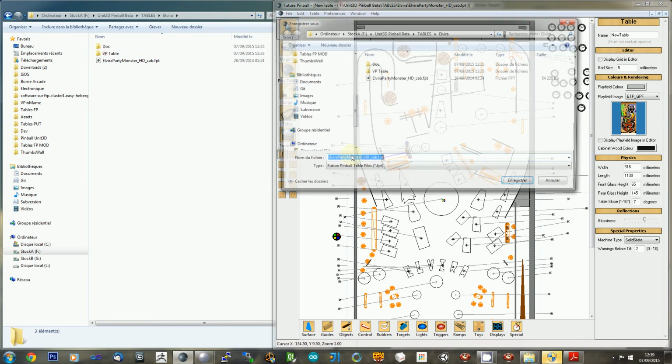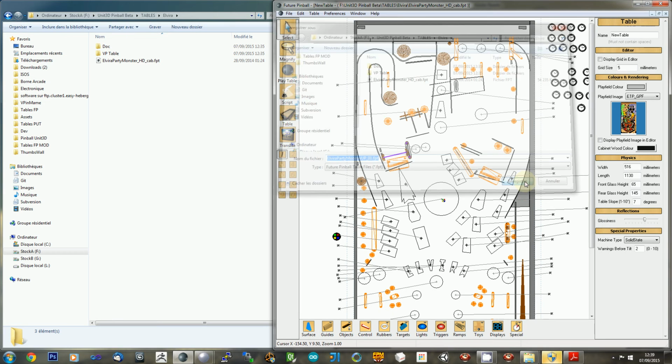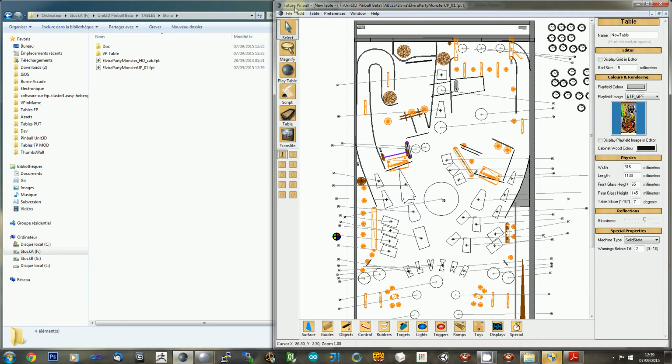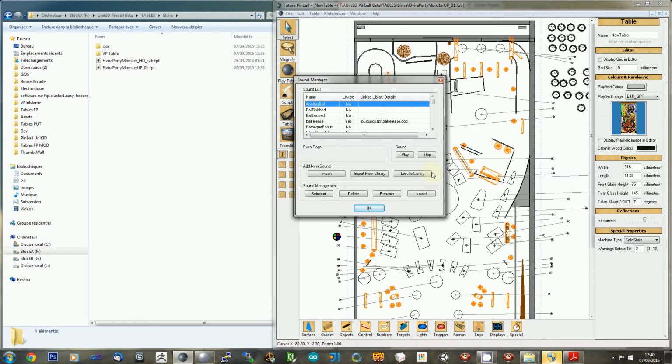So let's save as a new name, because we will modify it. Okay, and I will show you a quick example of how to clean. First is the sound manager, and it's really a tedious process because you can't select all to delete the sounds, so it's really annoying. And moreover, we have to take care because some of the sounds are still used,